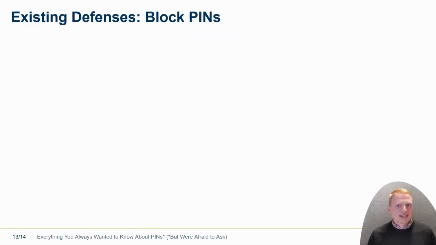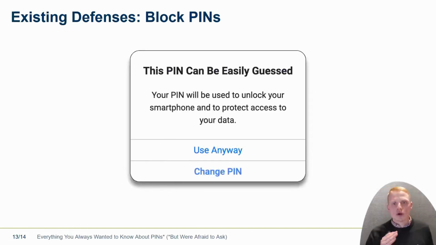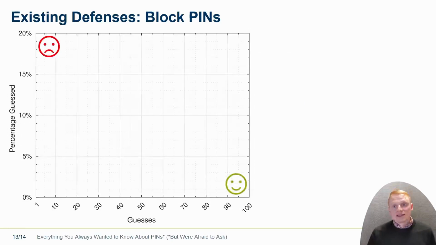Let's block some pins. Let's block ourselves from using some pins, for example, the very popular ones, or our birth date, because as we just saw, the attacker is more successful then. What we can do if we are a developer, we can say, please don't go with the very popular ones. This is a warning that I just copied from Apple devices. If someone types in 1, 2, 3, 4 and wants to use this very pin, then the person will see this message. If we're using a blacklist, again, we can show the success rate of the attacker in case such a blacklist is in place.